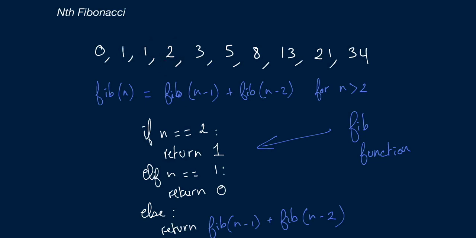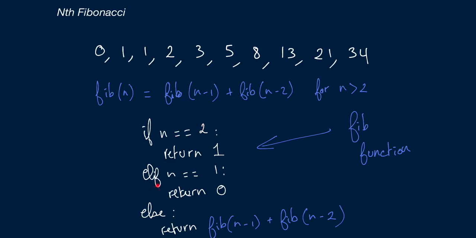We would call fib of 4. 4 is not equal to 2 and it's not equal to 1, so we wouldn't hit either of the base cases. So we would return fib of n minus 1, which would be 3, plus fib of n minus 2, which would be 2. For fib of 2 here, we would hit the base case, which would be 1. And for fib of 3, we'd have to